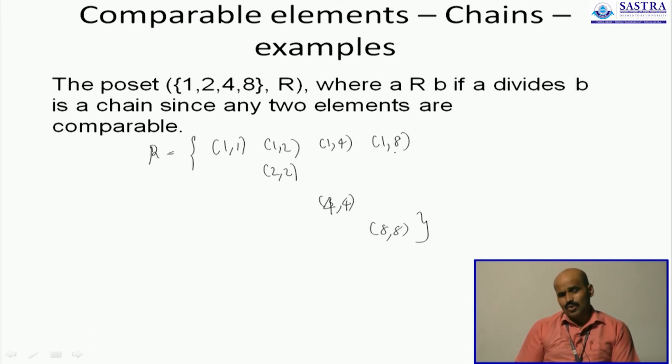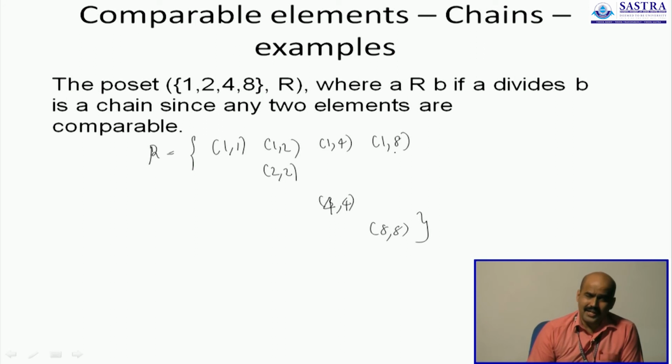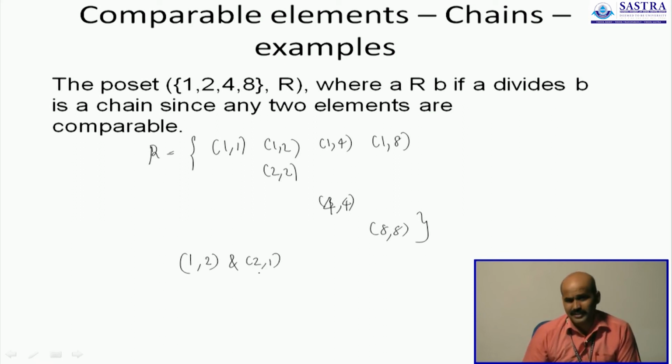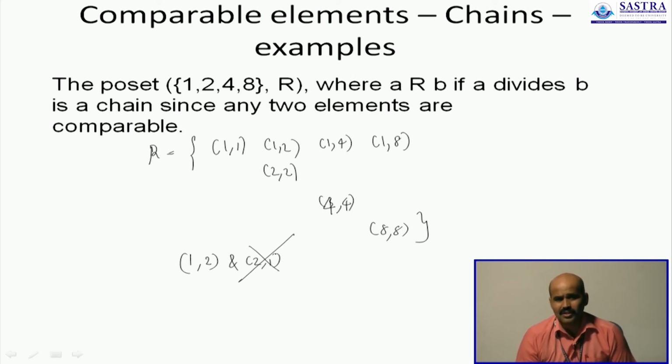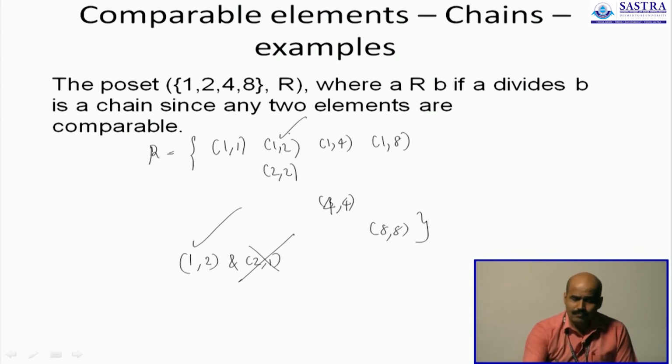Next up, can we show whether R is symmetric or antisymmetric? Now clearly R has to be antisymmetric, because R cannot be symmetric. I cannot have 1 2 as well as 2 1 as part of the ordered pairs present in the set, because only one of the two can be present, because I am trying to say the first component divides the second component, and that happens only for one of the 2 pairs. It can't happen for both pairs. Either 1 divides 2 or 2 divides 1. 2 cannot divide 1. 2 is a larger integer in fact, 2 cannot divide 1. But 1 can divide 2, therefore you have only one pair.